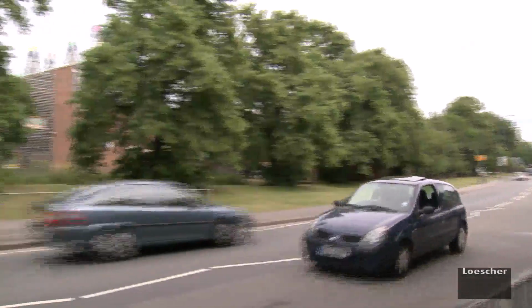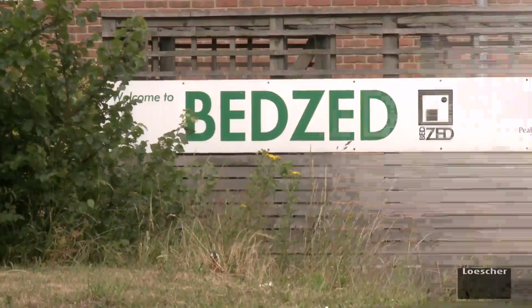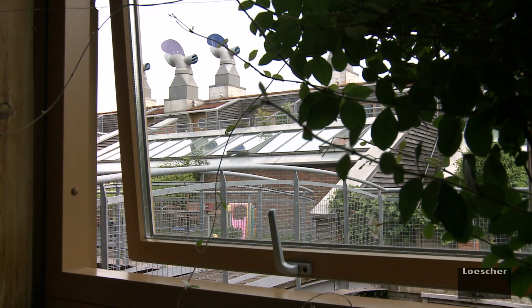In the suburbs of London, there's a housing estate that stands out from all the others around it. BedZED is a development of 100 homes. It stands for Beddington Zero Energy Development. Beddington's the local area in which we are, known as a zero energy development because it was an attempt, one